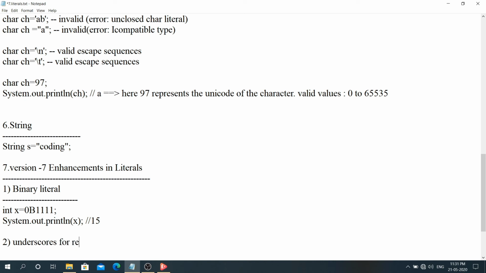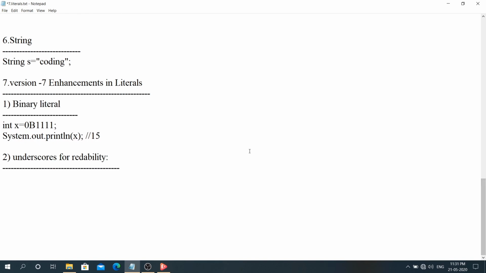Underscores for readability. We generally prefer putting commas for representing numbers in a clearer way. For example, if I want to represent 1 lakh, I use it like this, instead of writing it plainly. If I am using 10 lakhs, I use it like this, a better representation. So to store these types of values for better understanding, Java provided underscore support. For example,